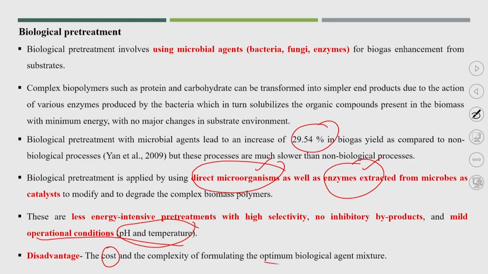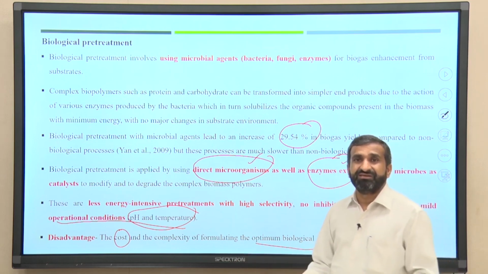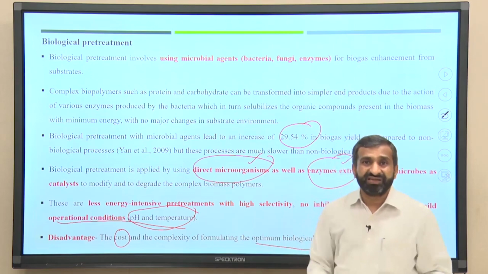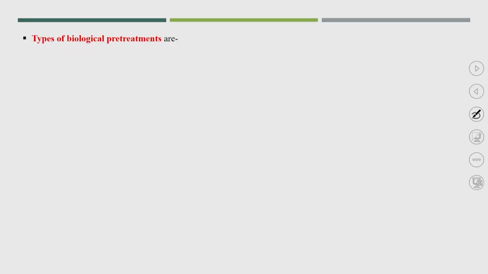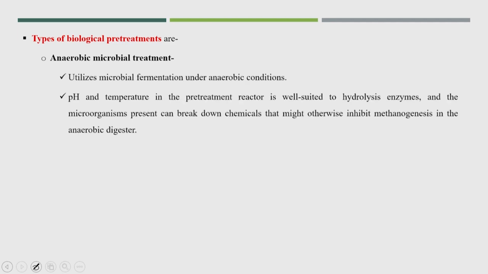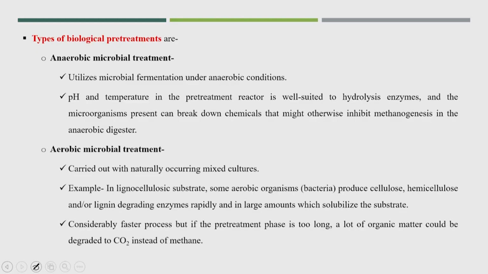So, these local conditions have to be attained for the degradation process, and if you do not have those optimum conditions, maybe the added microbes or added enzymes won't work for the proper pretreatment process. Now, what are the types of biological pretreatments? It could be anaerobic microbial pretreatment that utilizes microbial fermentation under anaerobic conditions, and it could be an aerobic microbial treatment process,